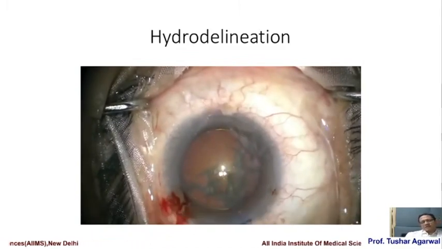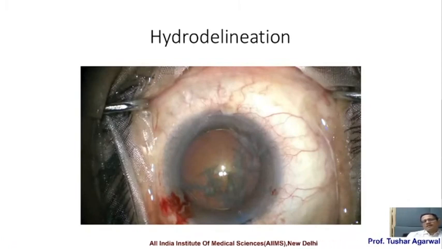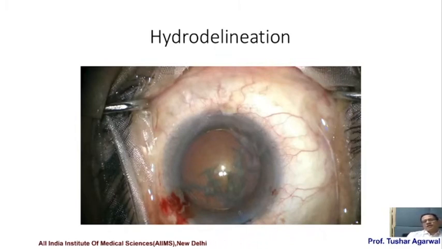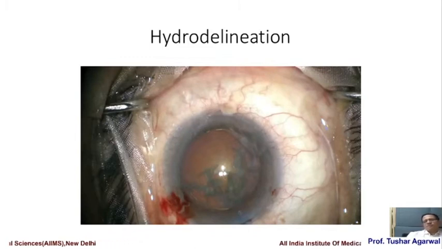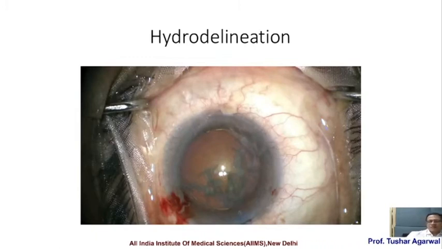Both these steps, hydrodissection and hydrodelineation, serve one important purpose, that is to disrupt the connection between the lens, capsule, and the zonules. Once you have a nucleus which is freely rotating in the capsular bag, any force which you put on the nucleus won't get transmitted that well to the capsule and in fact to the zonules. If you proceed without movement of the nucleus, whenever you try to chop or move or rotate this nucleus, these forces will get transmitted to the zonules, which in turn can cause a zonular dialysis during nucleotomy.